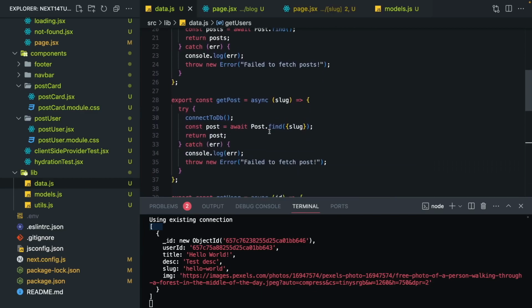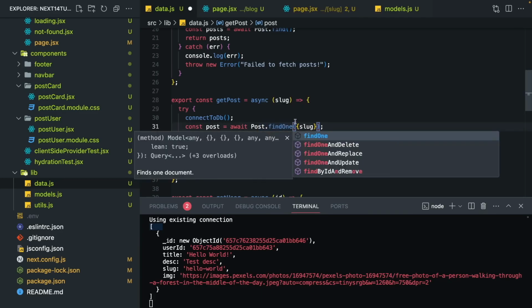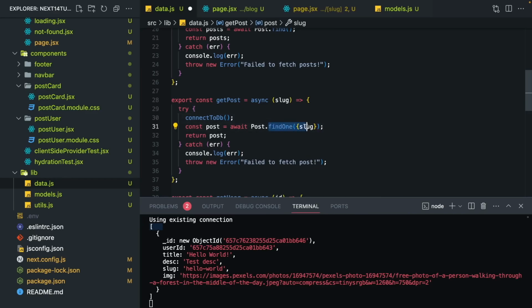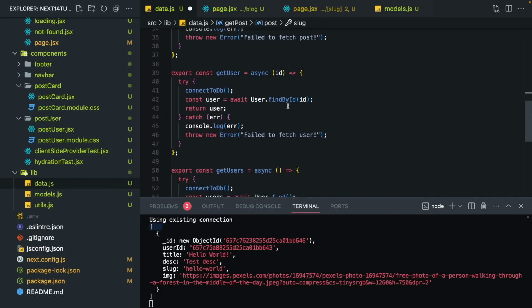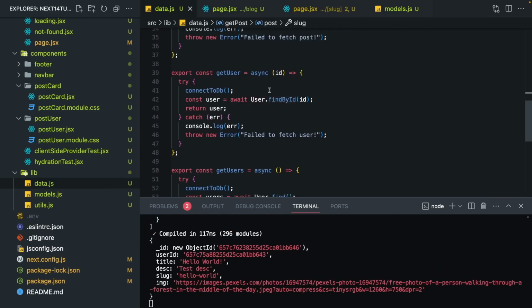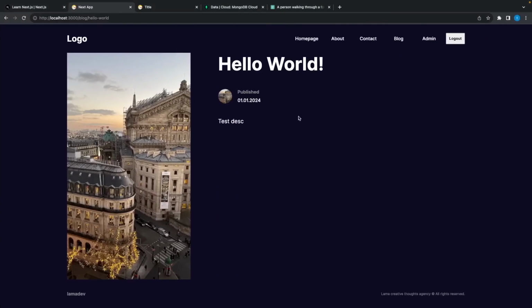Get post, because when you say find, it's gonna return an array. To prevent this, I will say find one. I can say that because I know that it's unique. So I have to say the same thing here, but we don't need to. We are already saying find by ID. It's going to return only one user. And right now,